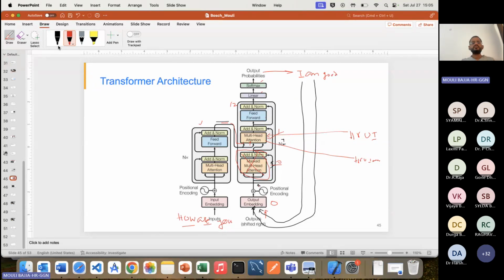This time you have all three words coming as an input here. "I am good" goes here like this, and it passes through here, and suddenly here it gets added, and now we see there are more inputs. It says "how are you" is there, "I am" is there, and "good" is there. So it passes through this layer and linear and softmax, and suddenly realizes there is no output. So no output here.